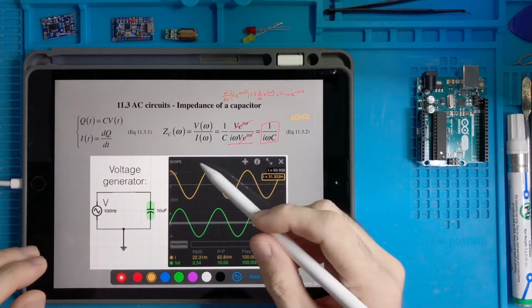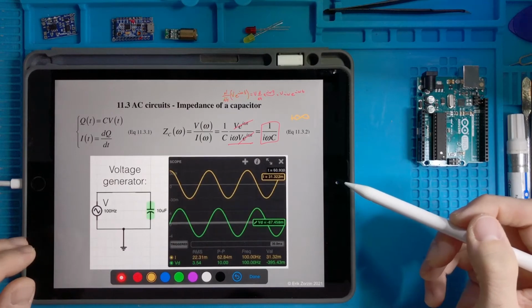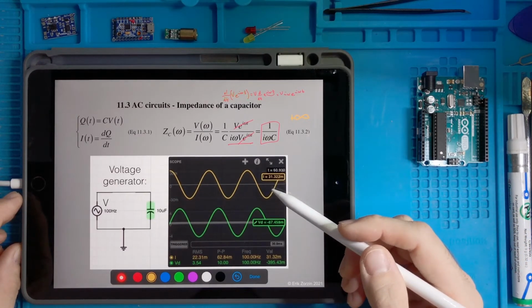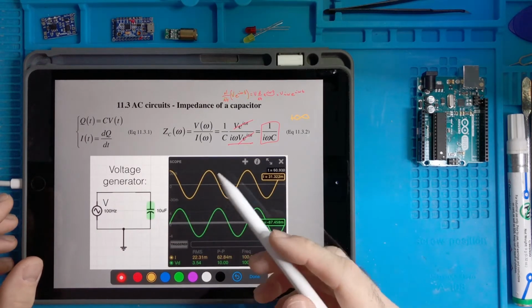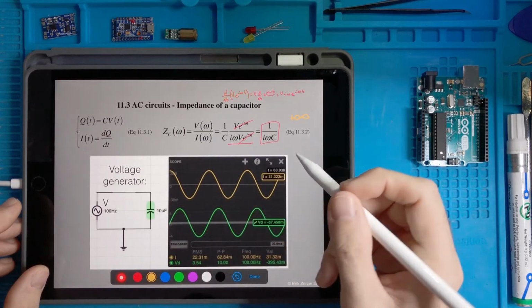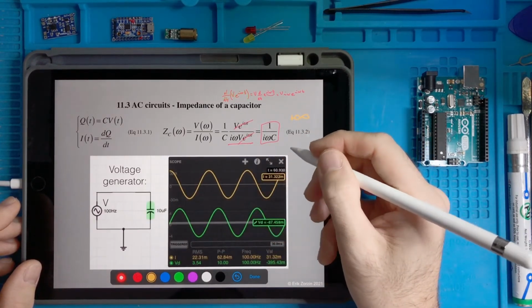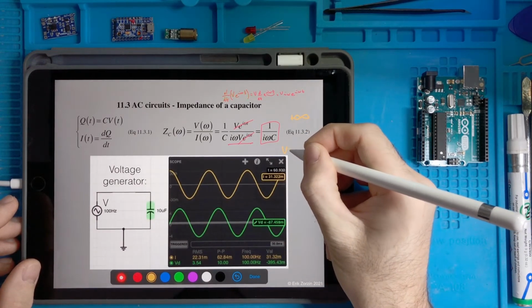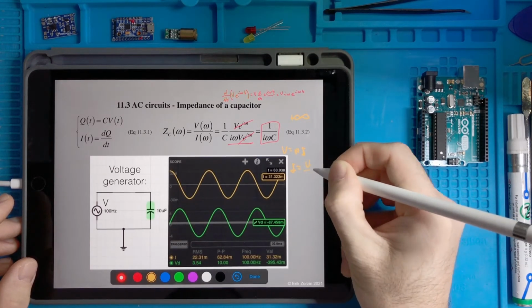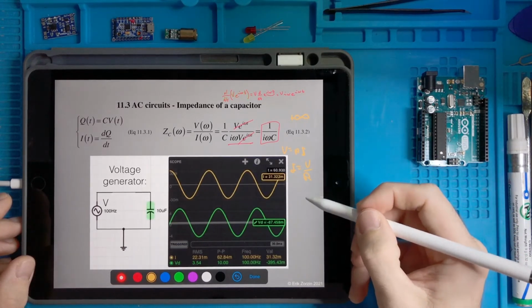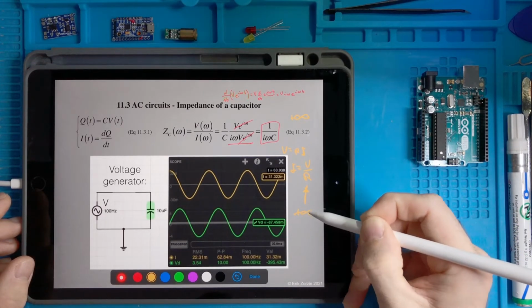Omega equals 0 means a sinusoidal that is not oscillating, basically. It makes the capacitor a resistor with an infinite amount of resistance, which means that if you calculate the current like V equals Ri, and therefore I equals V over R,